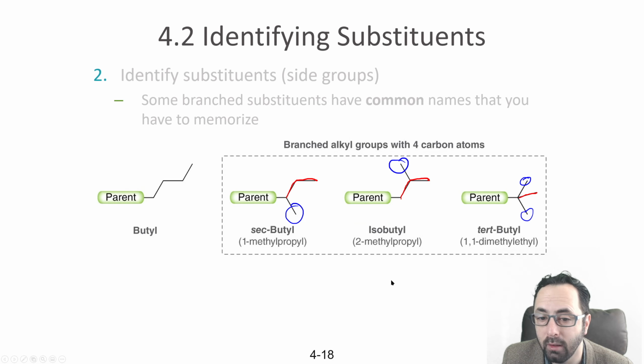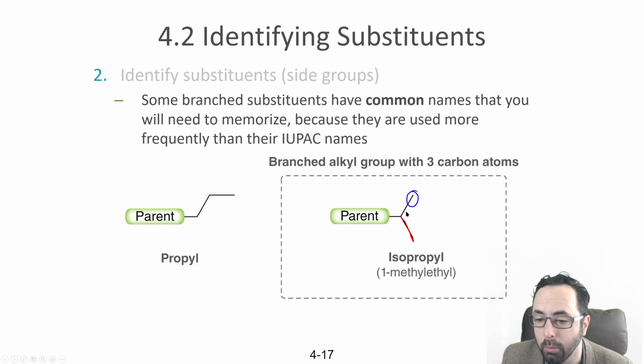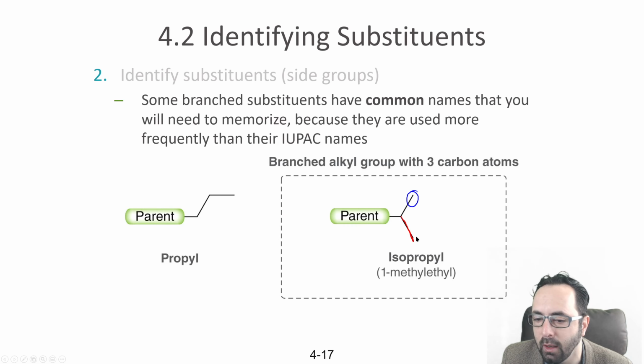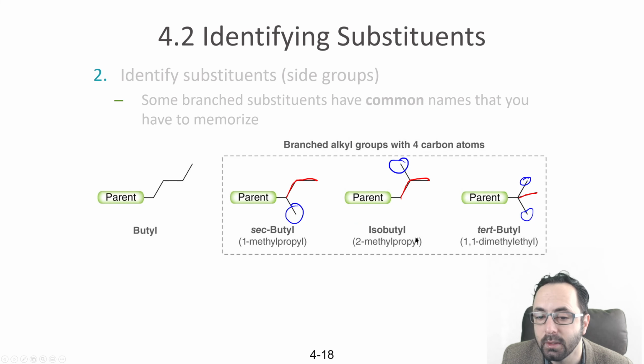You must memorize these. So you must memorize isopropyl. You must memorize isobutyl. So you see that kind of pattern between isopropyl. Here it's branching from the first carbon because that's all there is. And then here it's branching like this. So you see that pattern of where iso comes from.